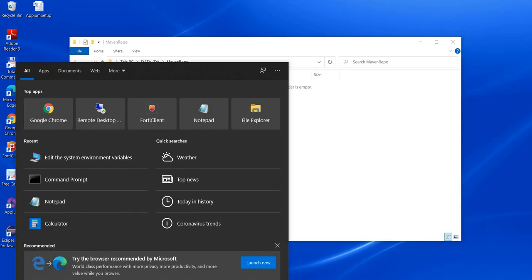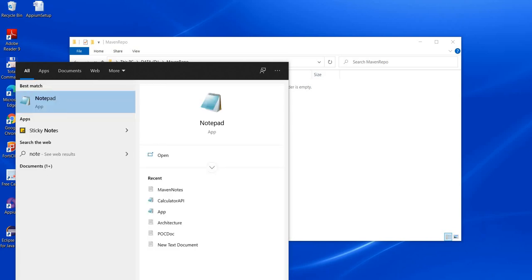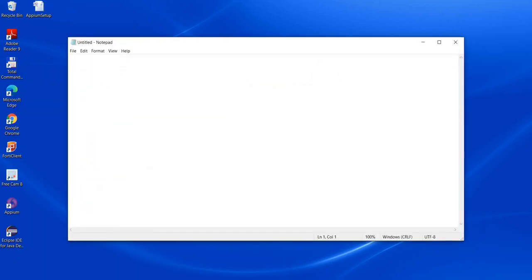For that we have to create one settings.xml file. So what is this settings.xml? While performing its job, Maven understands a few settings as default ones. But if we want to override those, if we want to mention our own values and want Maven to use them while doing its tasks, we can ask Maven to use the settings from our own user defined file.